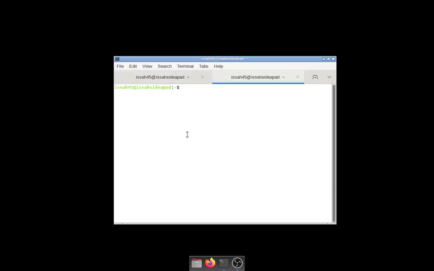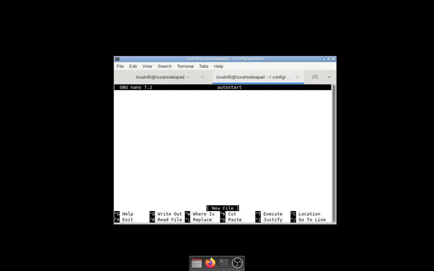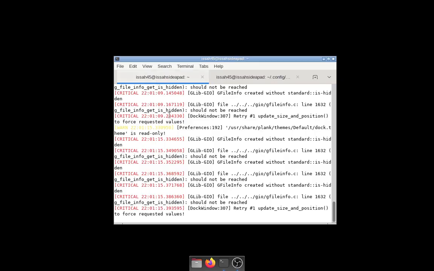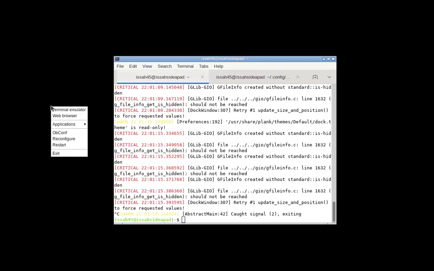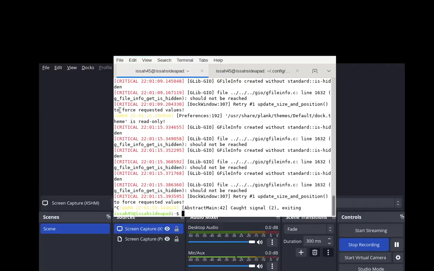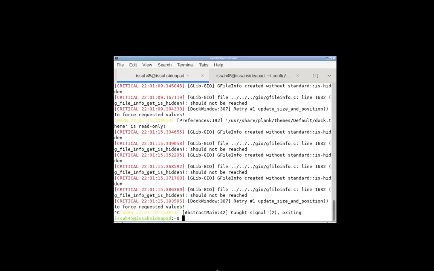Well, there's this file. If you go to .config and go to the openbox folder, there's nothing there. So let's just create an autostart file. What's going to start at the beginning? We're going to write plank over here. Now let's kill this Plank. And if we restart Openbox, then